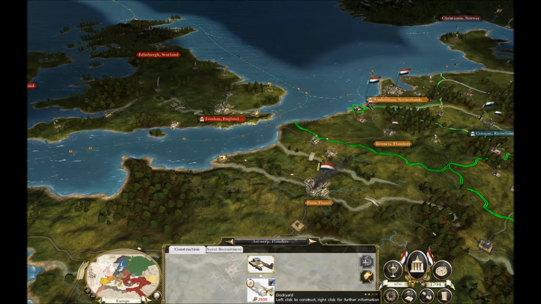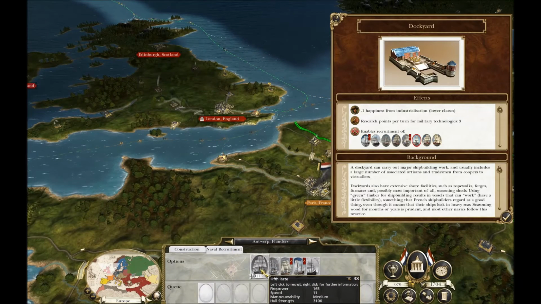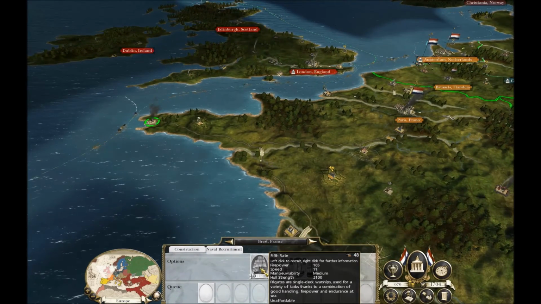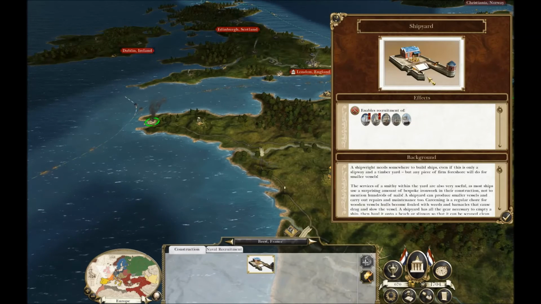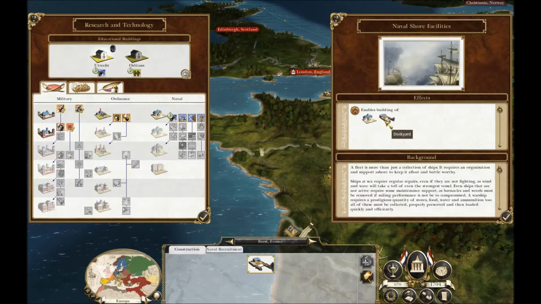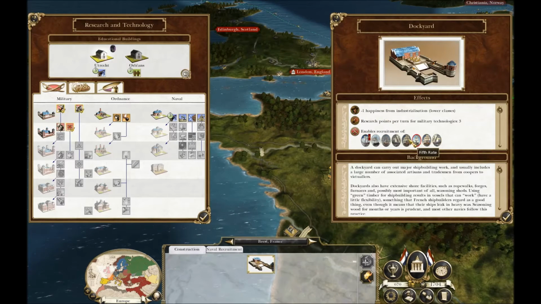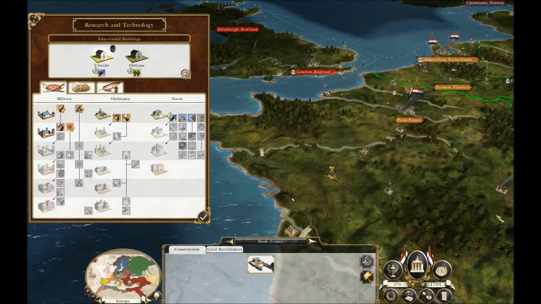We've got shipyard here, can build 4th rates, is that right? 5th rates would be nice because of the Spanish fleet. Fourth rates would be nice rather. Construction, we can't build. Yeah, we need to concentrate on our science, I think. Dockyard. Should enable a fourth rate. Okay, well,